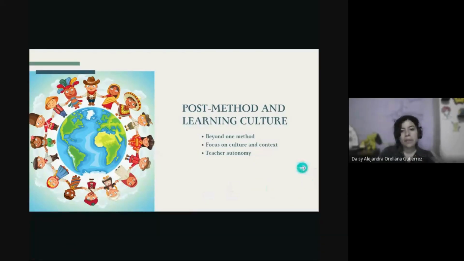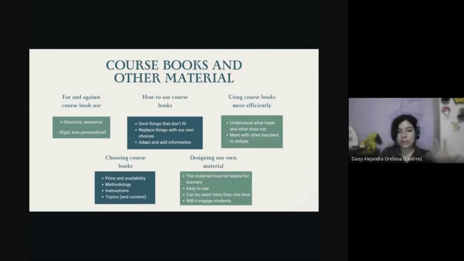Now, we have learned about what we have to do, and the methods that we can use. We can use a lot of them. But let's talk about another thing, the course book. Now, the material that we use in our classrooms: we know that most schools tend to use course books because they're easy to work with, and also because the book gives a syllabus that teachers have to follow for their class. But these kinds of materials have downsides and